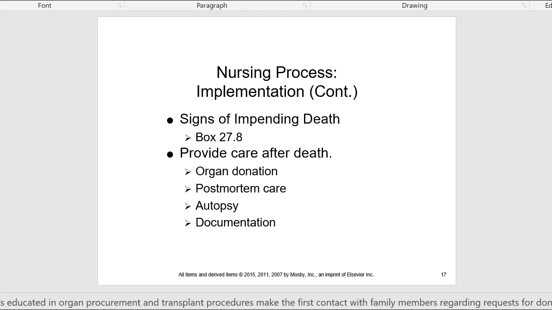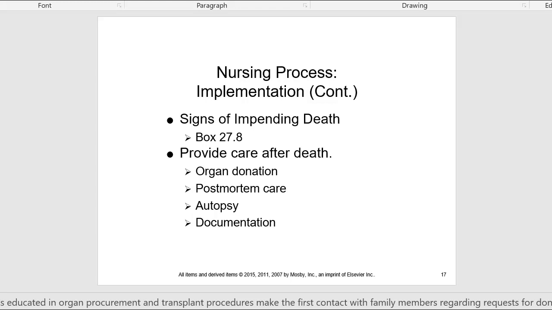Care of the body after death is very respectful and quiet and solemn. All tubings are removed where possible. Cleaning the body, leaving dentures in place if possible for just a natural appearance of the mouth. Close the eyes if possible. Sometimes that can be a problem, and if you feel like you need to, you could fold up a washcloth and just put that over the eyes.